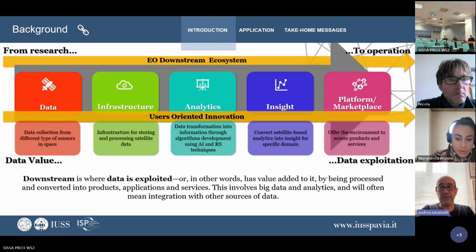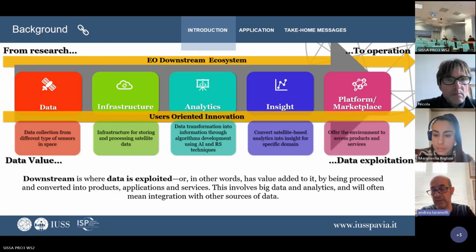And in order to implement analytics, most people, most researchers, as I was hearing also in the previous presentation, are not using European HPC infrastructure. We are using Google, Amazon, and so on. So we are spending a lot of taxpayer money to produce data and information in new satellites, and then the business, what we call the platform, the marketplace, is made by the United States and China. So this is a huge problem.